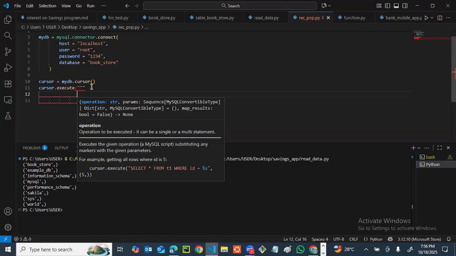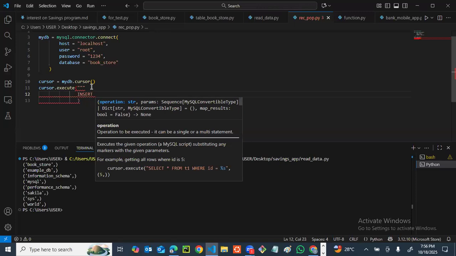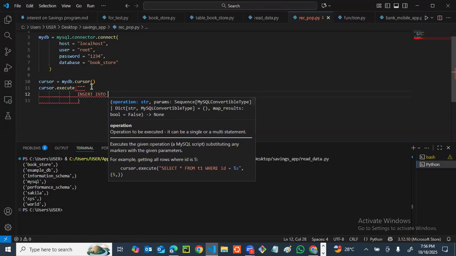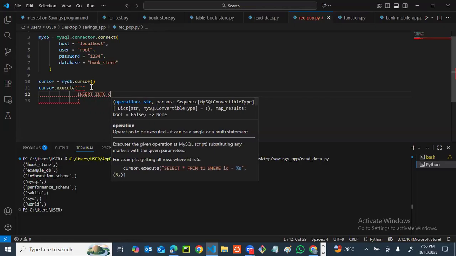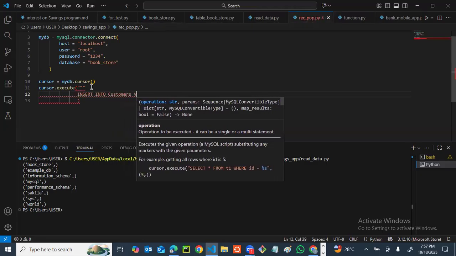So what we are doing now is more of creating, right? You want to create another record inside the table. So now we use Insert. That is the SQL for entering information inside the table. So we say insert into, in this case customers. So you state the table, right? Then you say values,